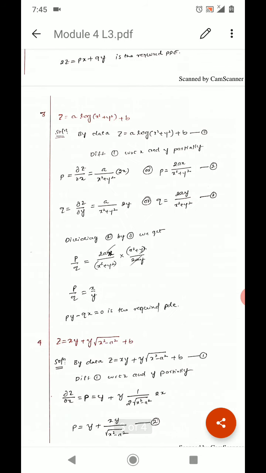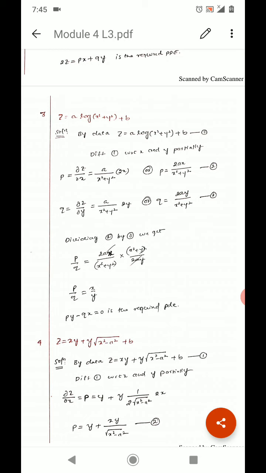Next we have z is equal to a log of x square plus y square plus b. So take the given equation as equation 1 and differentiate equation 1 partially with respect to x and y. So del z by del x, that means p, is equal to, here a is a constant, so a into differentiation of log of x square plus y square with respect to x partially becomes 1 divided by x